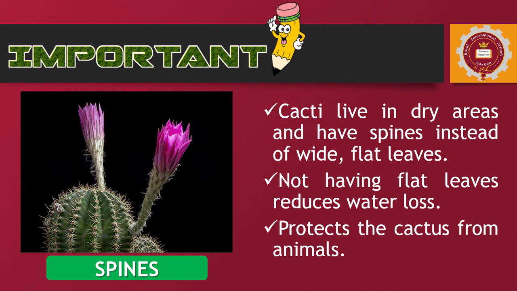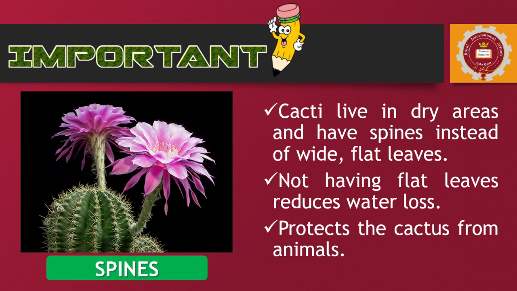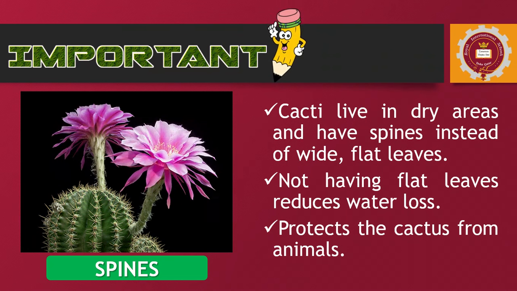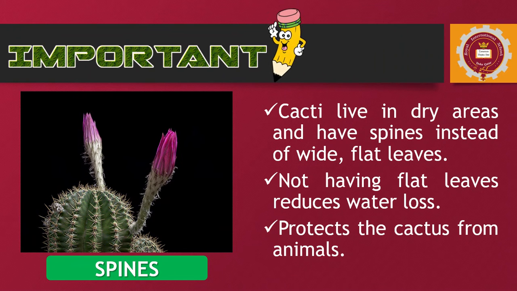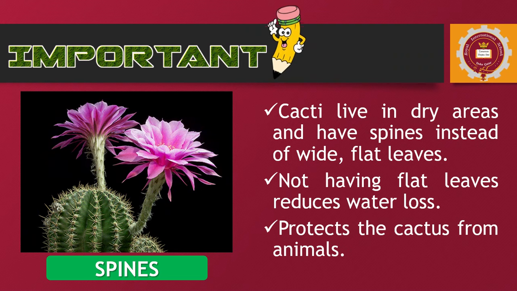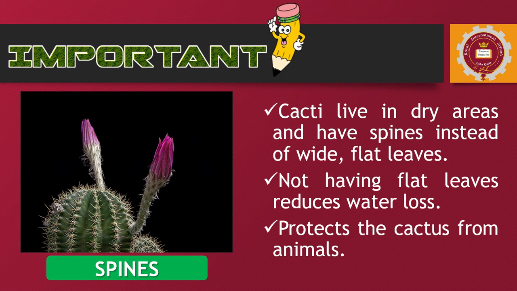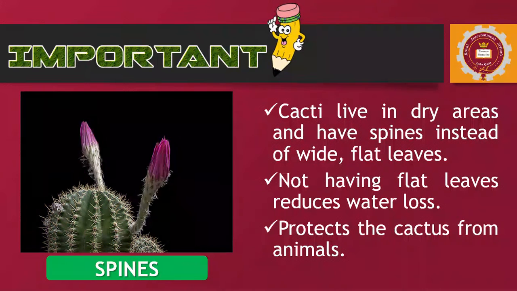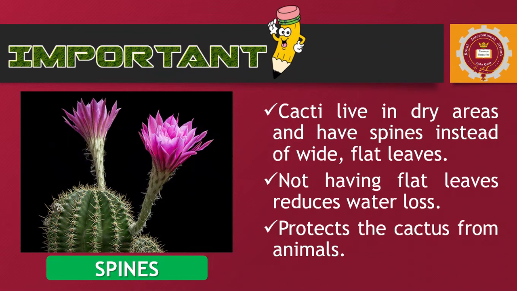So how does it help? How do these spines, instead of flat leaves, help the plant? Not having flat leaves reduces water loss, because in Qatar or in any desert area,